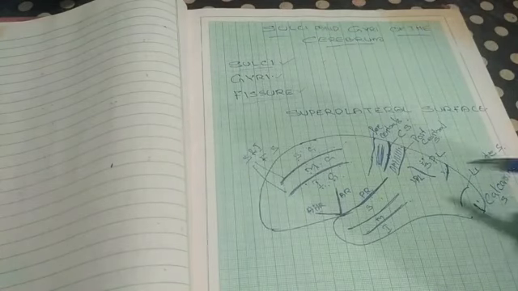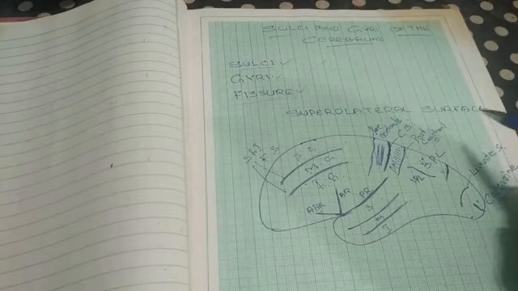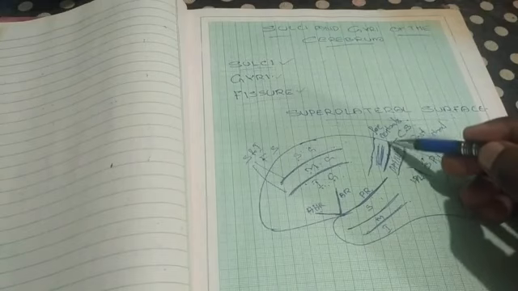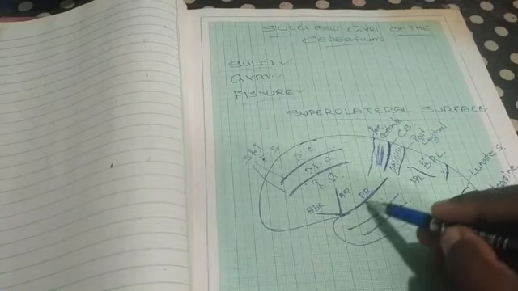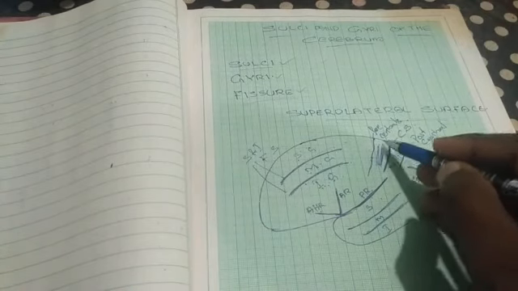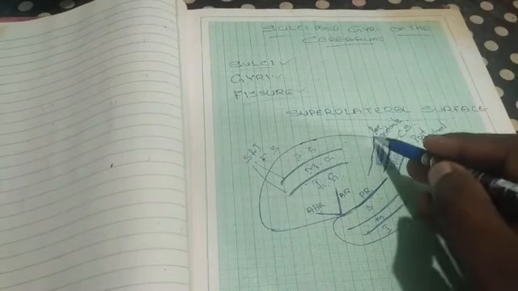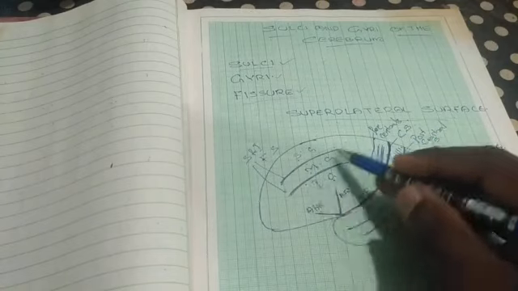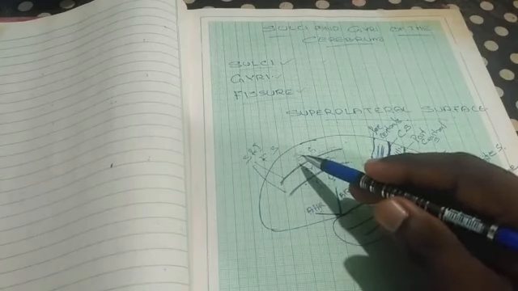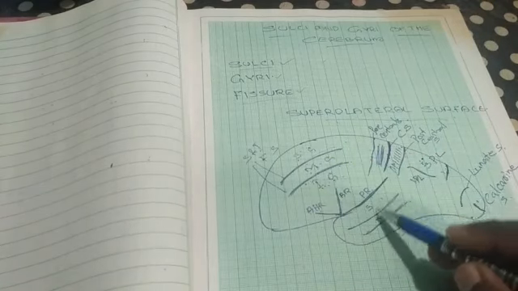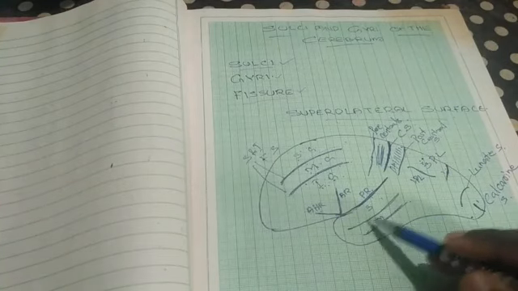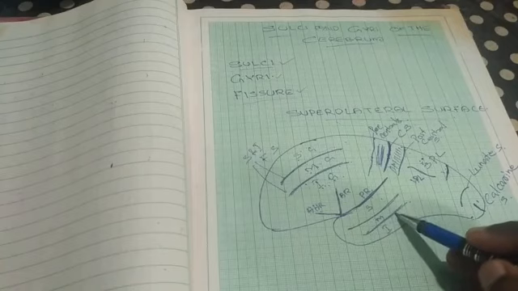These are the sulci and gyri which are present on the superolateral surface of the brain. First we can discuss the central sulcus, then the lateral sulcus. Then the area just in front of the central sulcus is called the precentral sulcus. Then the frontal lobe is divided into two by the superior and inferior frontal sulci. Then the temporal lobe is divided into three by two sulci, called the superior and inferior temporal sulci.